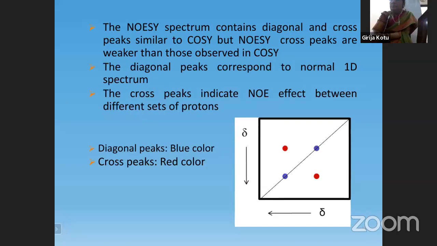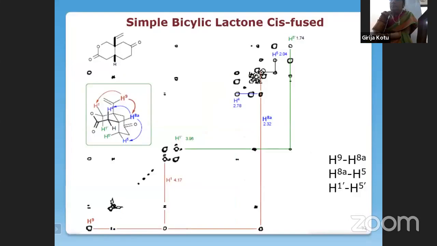Here we are referring to NOESY with reference to proton NMR, so spatial proximity. We can say that the NOESY technique is very useful. It is a stereochemical tool. It is useful in finding out the stereochemistry of molecules whenever you have a structural ambiguity, whether the molecule is cis-fused or trans-fused, or whether the geometry of the molecule is linear or folded, and so on. We can know through this NOESY technique.